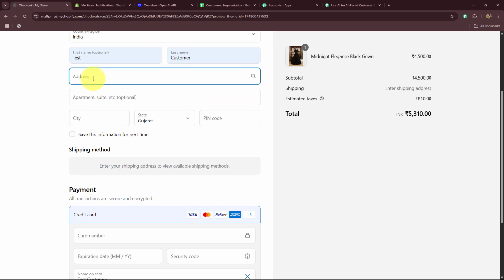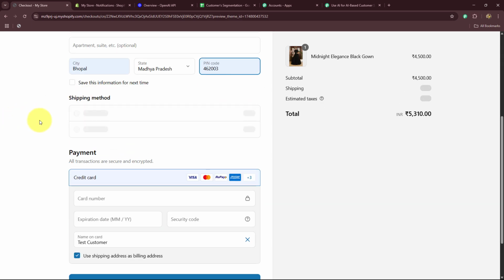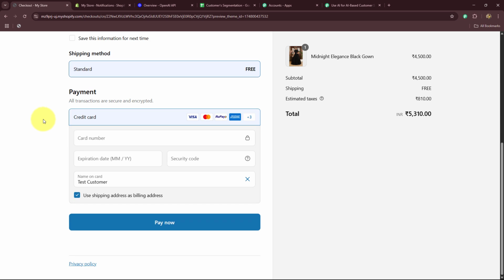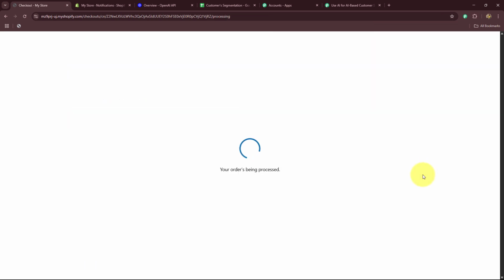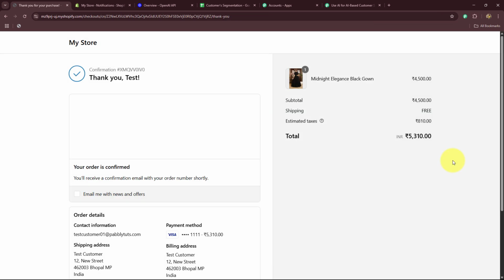Details of the customer such as name, address, and shipping method is selected as standard, and now I'm going to enter the payment details because I'm making a test payment over here. So I'm going to enter test payment. Okay, I've entered test details of the card, and here as I have made the payment,